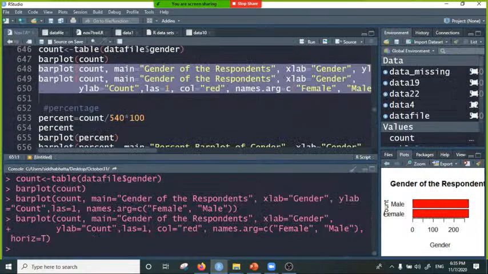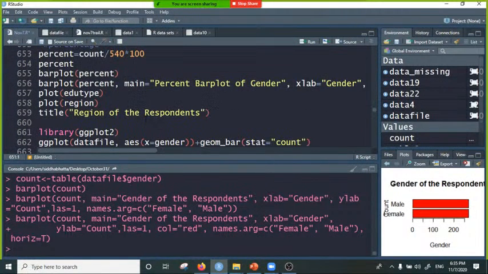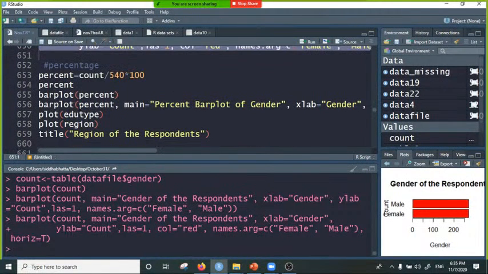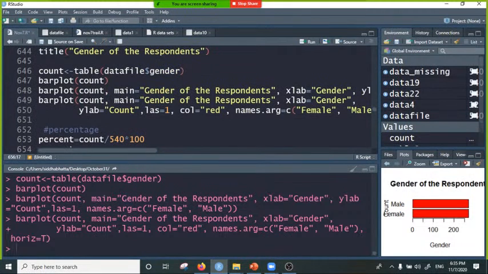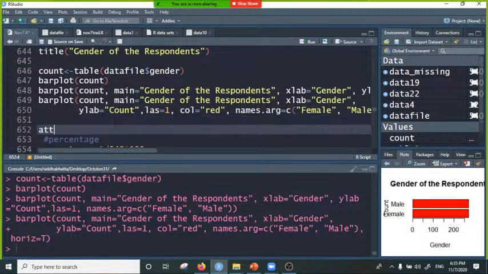So now you can try the other graphics by running the codes. The only thing you have to remember here is that if I haven't put the name of the data file before the variable, sometimes it can say that the object gender is not found. So in that case, you can do a trick by simply attaching